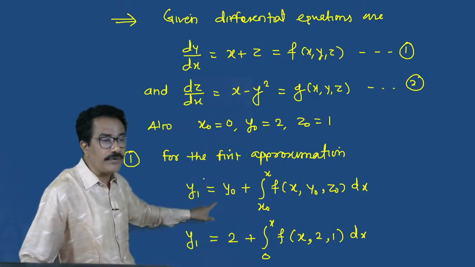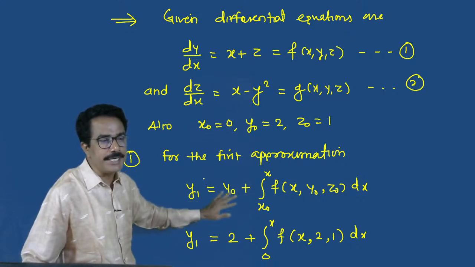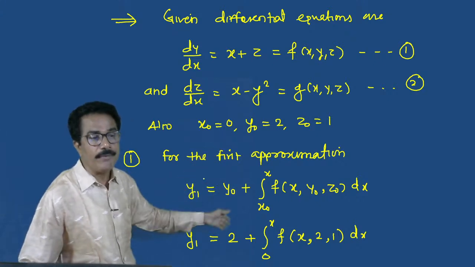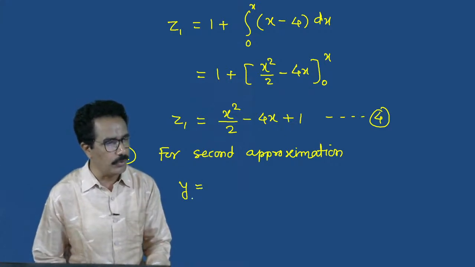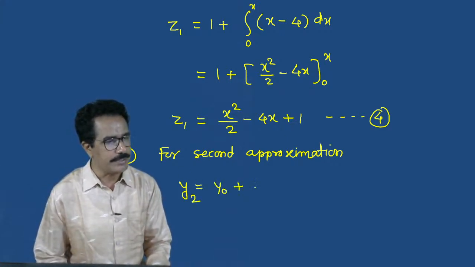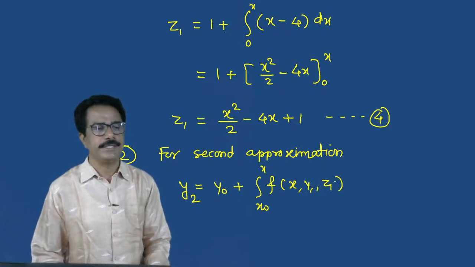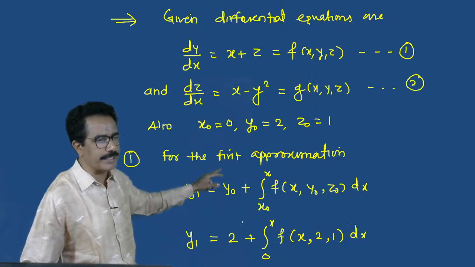Second approximation for y is y2 is equal to y0 plus integral from x0 to x f of x comma y1 comma z1 dx. So we can write y2 is equal to y0 plus integral from x0 to x f of x comma y1 comma z1. Is it okay? So y0 is fixed, that is 2,